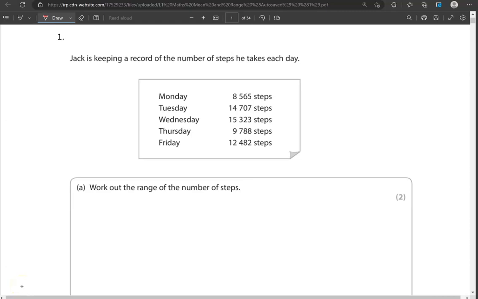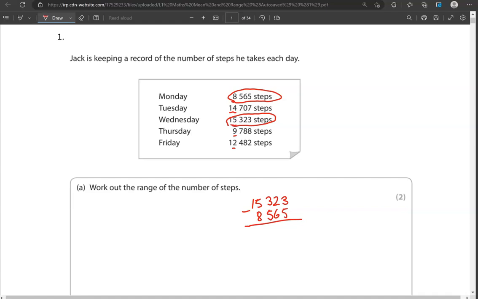So focusing on the thousands, we've got 8,000 here, 14,000, 15,000, 9,000, 12,000. The highest is 15, so 15,323 steps is the highest number here. The lowest will be 8,565. So taking away the lowest from the highest, we're taking away 5 from the 3, which means we've got